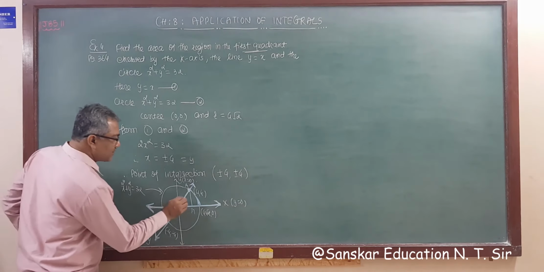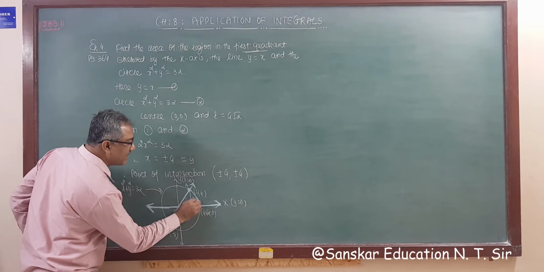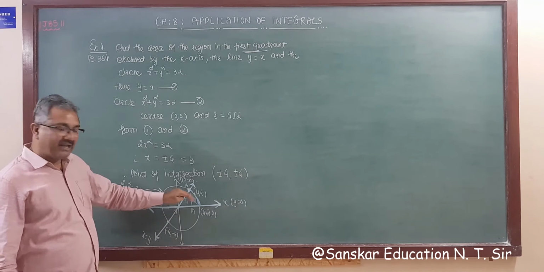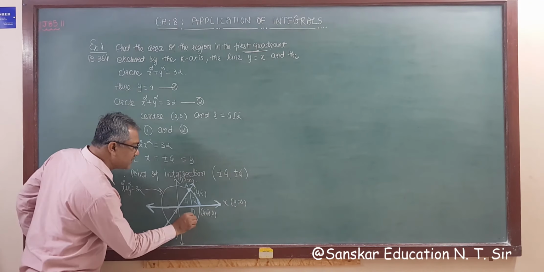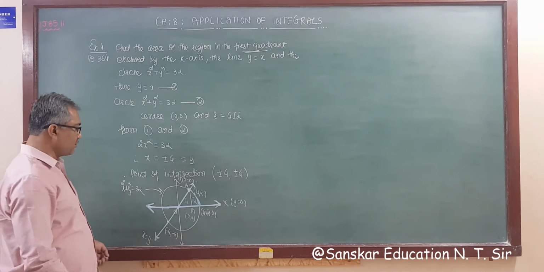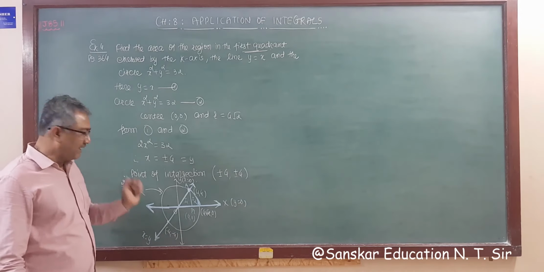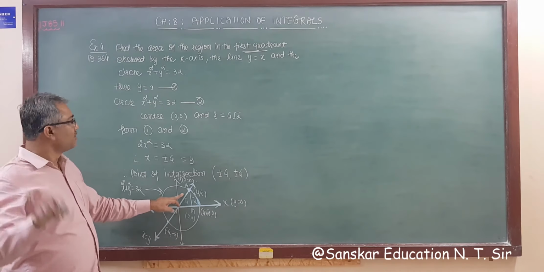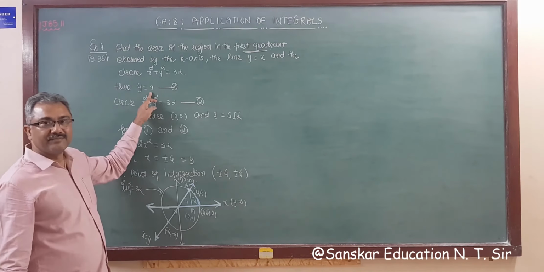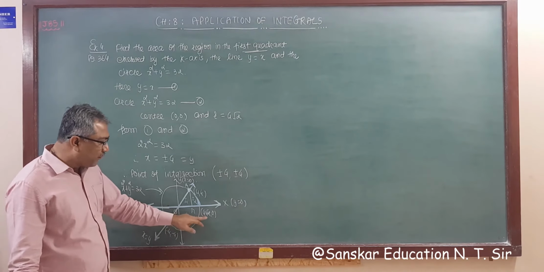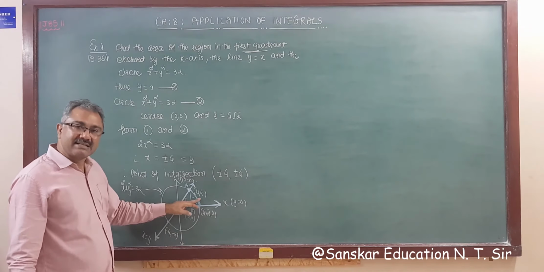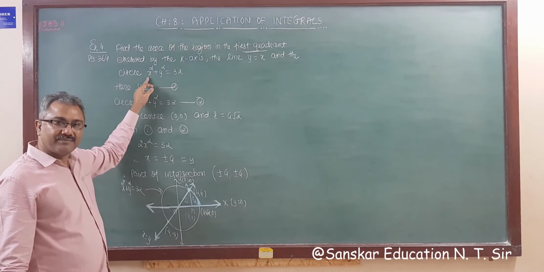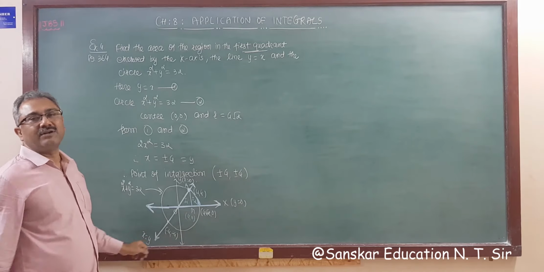So what do we have to do? Say this is our I1 and this is our I2. So I1 is 0 to M. Now M is the foot of perpendicular from A. So this is the point 4, 0, as you know. So M is 4, 0, right? So first I1 is 0 to 4 and the line is there. So for a line you have to take x dx, and from 4 to 4 root 2 there is a curve, a circle. So from the circle you can get 32 minus x square, right? This is the way you have to find it.